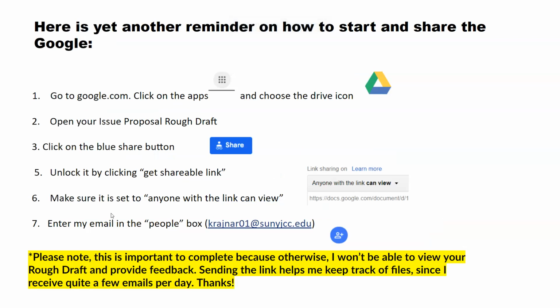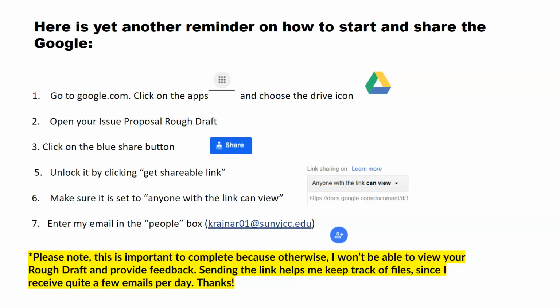Anyway, I do want to stress this last slide here. I do want to remind people that if you do not send the link to your assignment to my email inbox, if I don't get a notification about your file, it can be very difficult for me to track down your files. To be honest, it can be close to impossible because I receive quite a few emails per day. Just as a general idea, even as an adjunct professor, I probably get close to 75 emails per day, and sometimes even more, depending. So it can be very difficult for me to track down your files.